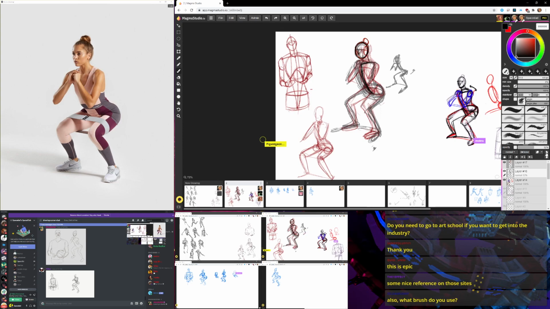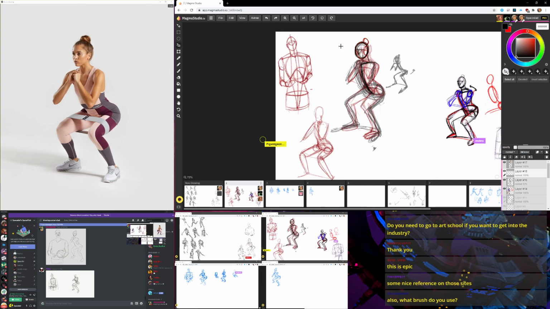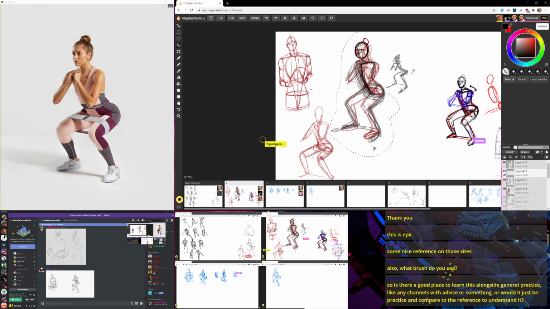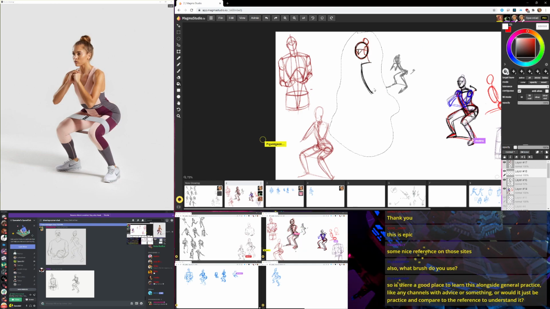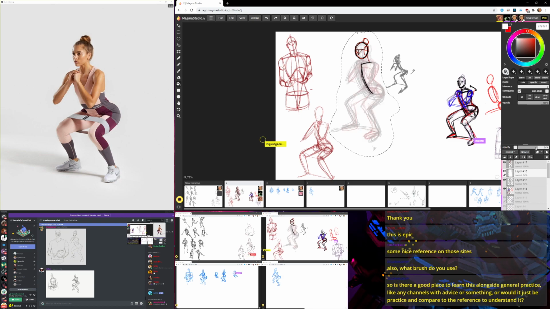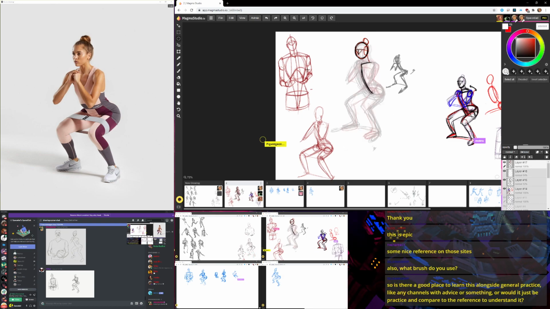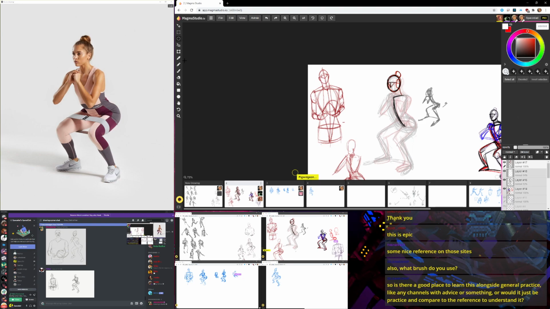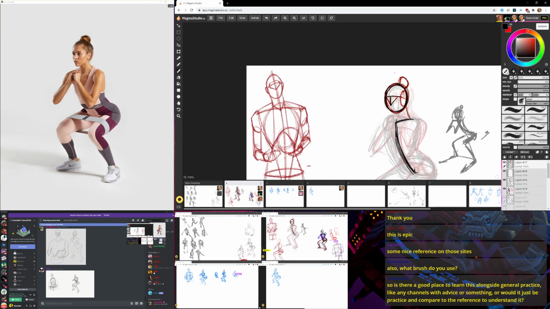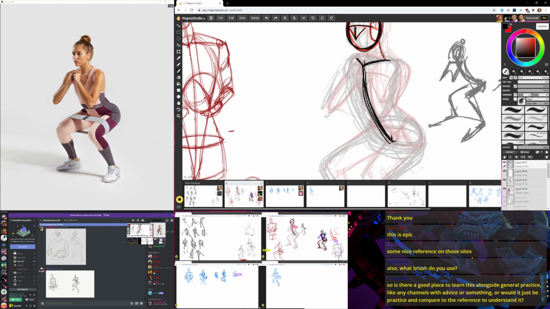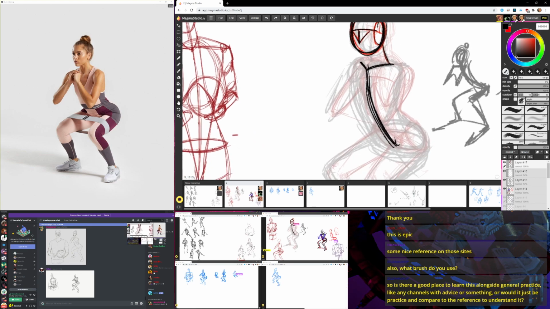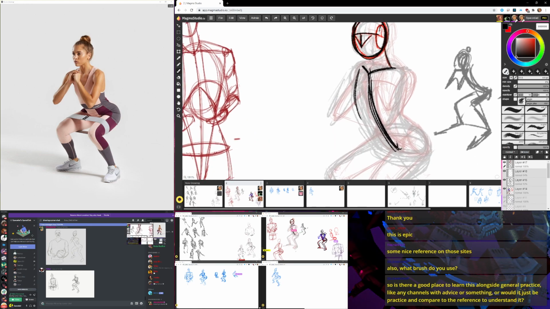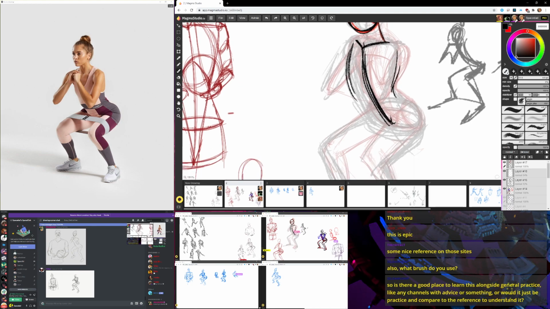Let's see here. Add that layer in. Put this back here. Fill bucket. White. Or opacity. There we go. So now we've got a little cleaner slate to work with, where I can define the shapes a little bit clearer.